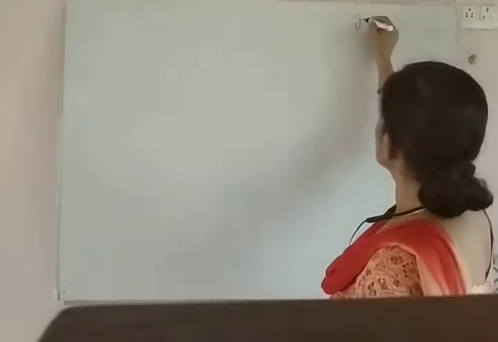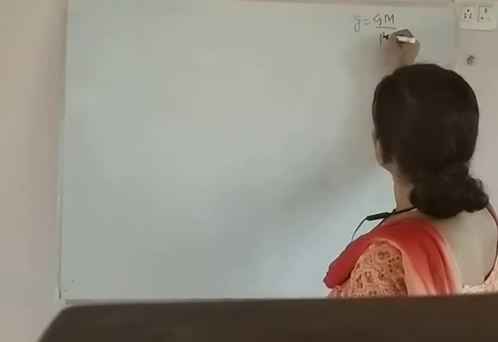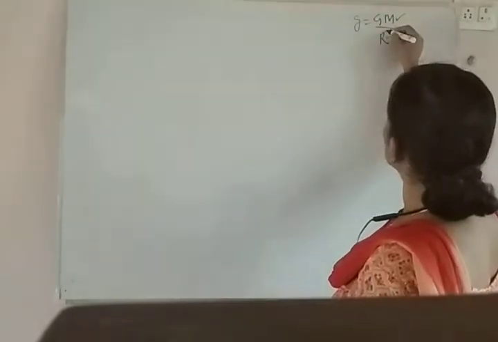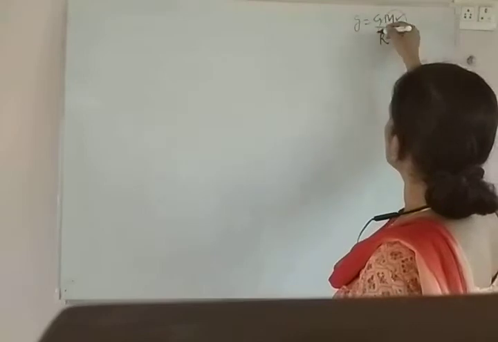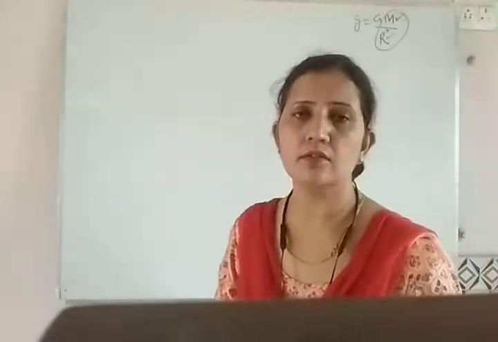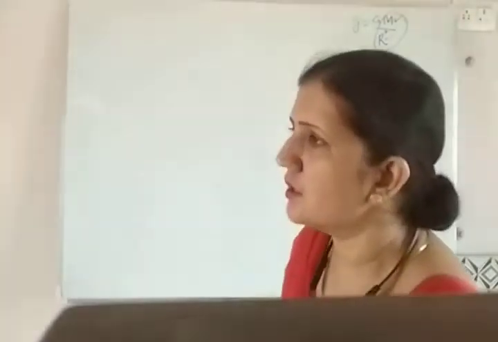The next topic today I'm going to discuss is the variation of g. In the previous lectures, I have calculated the value of small g, how the value is varying from Earth to the other planets. The value of small g depends on the mass of the planet and the radius of the planets. That's why for each planet the value of small g, that is acceleration due to gravity, is different.